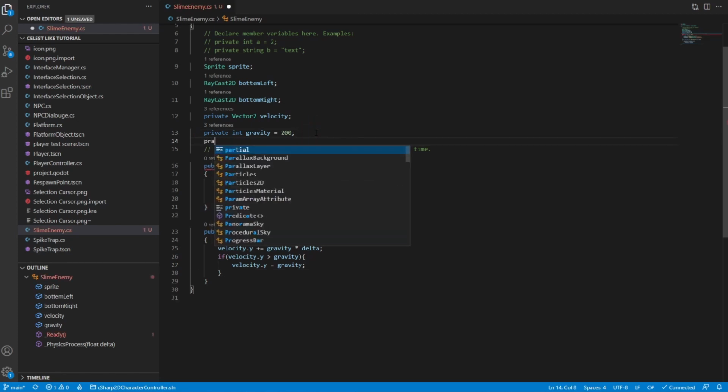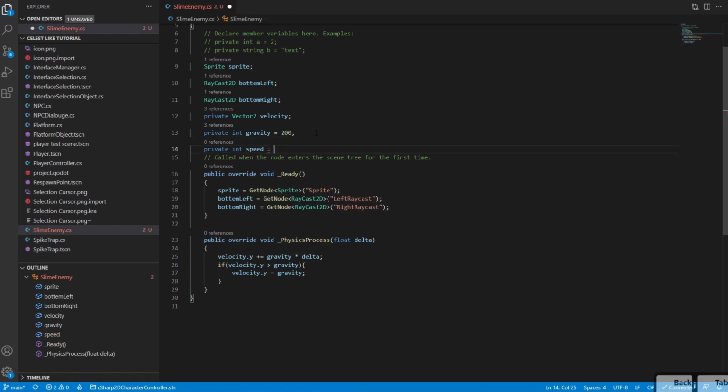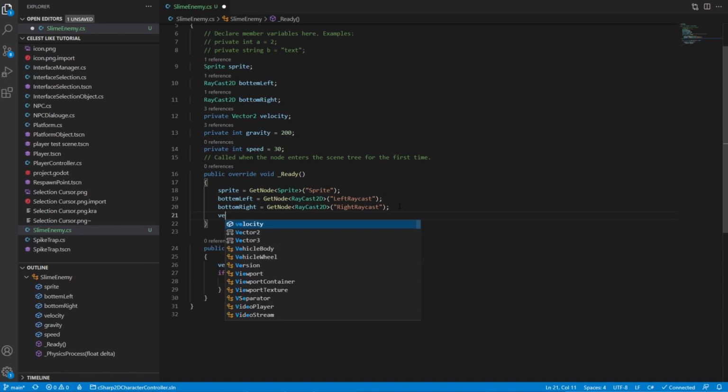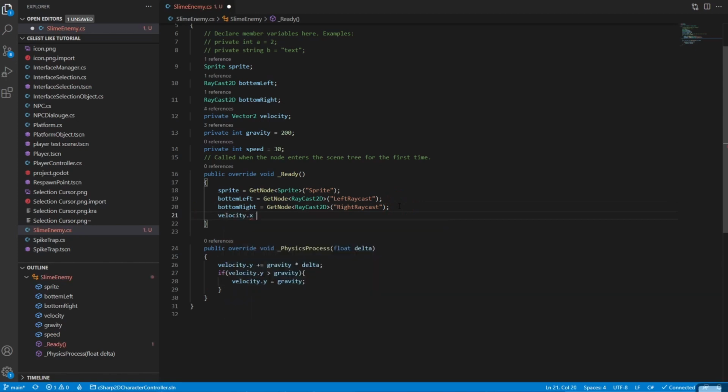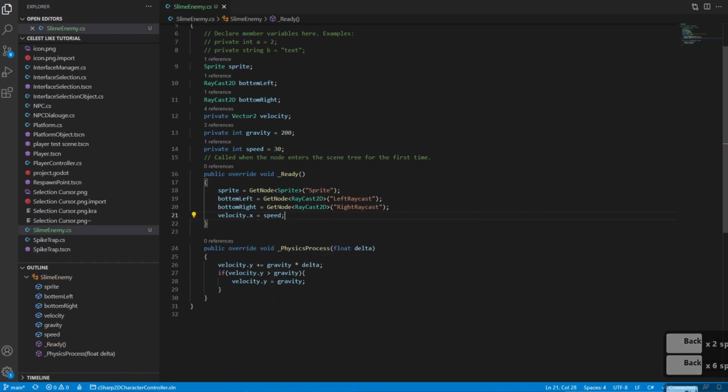So private int speed, and we're going to make that equal to 30. And we'll go ahead and set our velocity dot x to 30. Or actually, we'll do it to speed instead of 30. That way we can mess with it later.